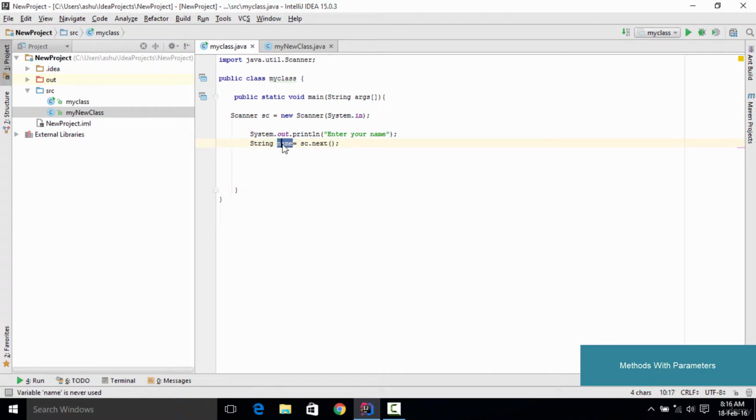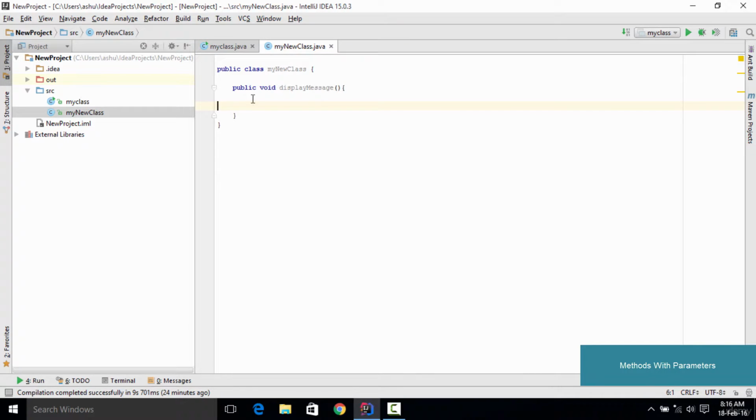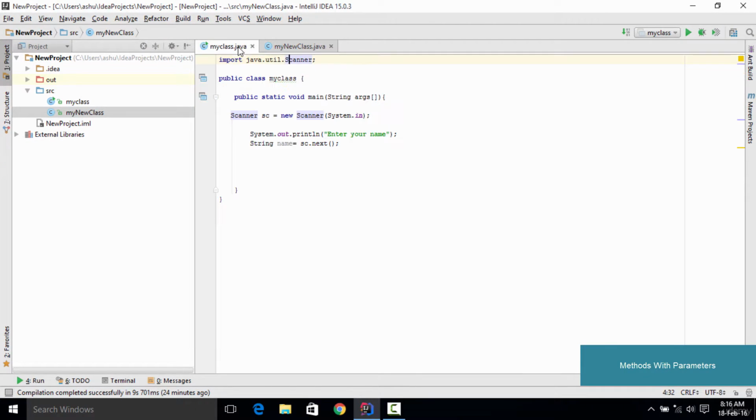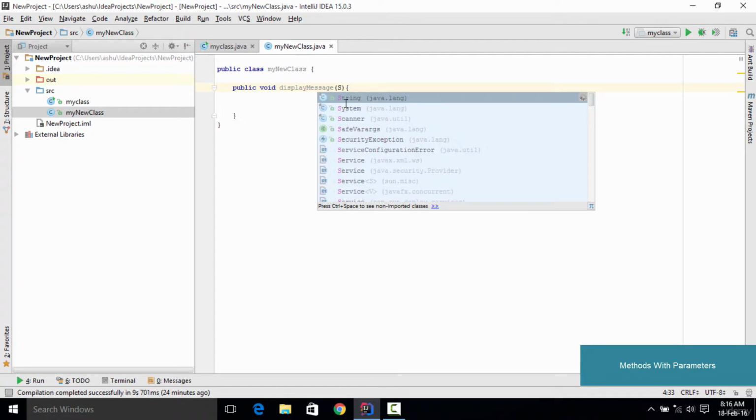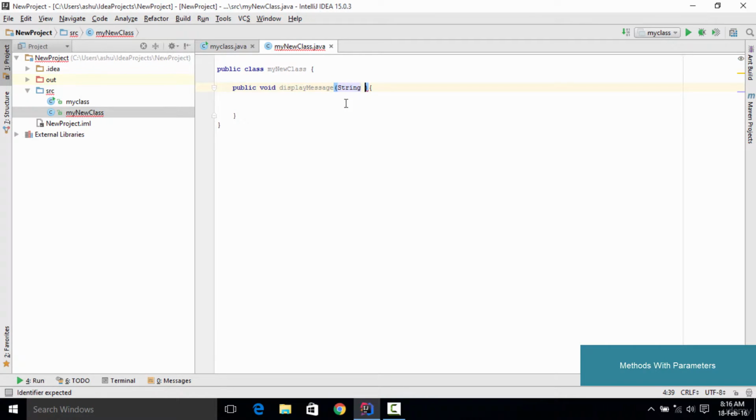So once we have the name with us, the next thing we want to do is pass this name to this method right here. As I've already mentioned, we need to pass this name as a parameter to this method. So we type here String, and what we want to pass is the name, so we type String name. Now inside this method we are going to use the same name in order to display our message. So we go right here and then we type